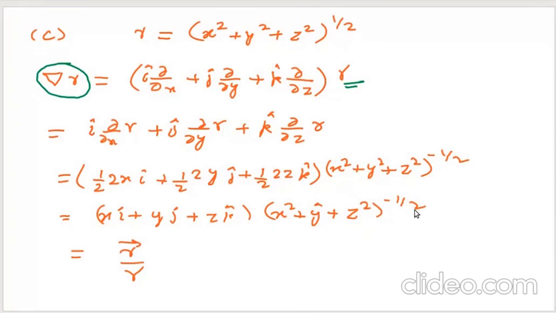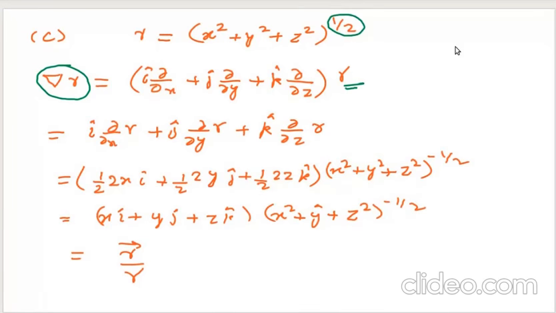For each differentiation, suppose you are differentiating R with respect to x, you will get half due to this power term. I am using the formula that the differentiation of x to the power n is n times x to the power n minus 1. So this n comes outside, and then it will be half minus 1, so you have x square plus y square plus z square to the power minus half. Then you will differentiate this whole term also with respect to x. The differentiation of x square will be 2x, and the differentiation of y square and z square with respect to x will be 0, as you are taking partial differentiation.